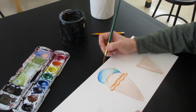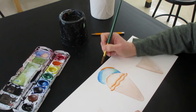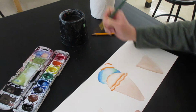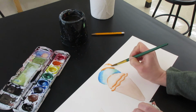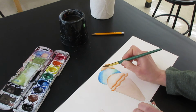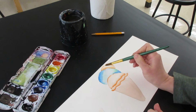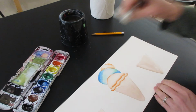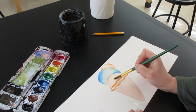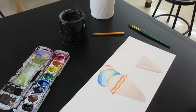Okay, and then I'm going to go back to orange. Again, choose whatever color you want. It's going to be dark, and at the top it's going to be dark. And then I'm going to use my clean brush to mop it around and spread it all toward the center so that the center is left white. I'm even going to lift up some of that to make it really light. Lift up a little bit here so we get a pop. All right. Okay, and that is how we will do this for all of our